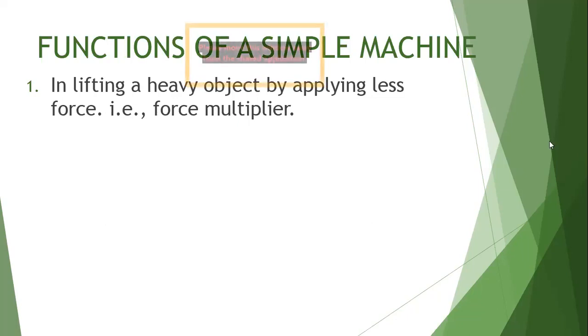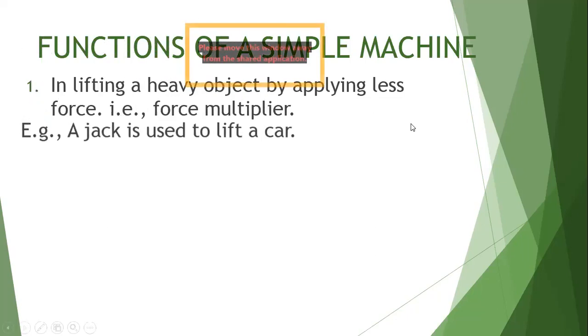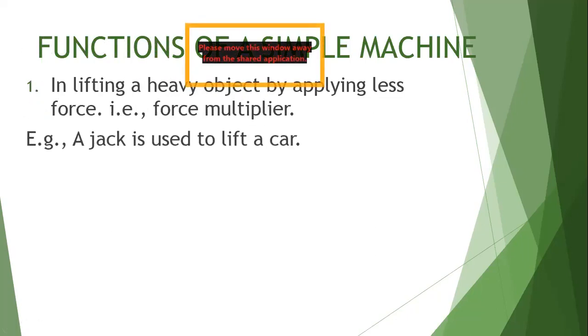Okay, so we use machine to actually have a force multiplier. Let me give a very simple example of force multiplier. Okay, a car, a jack is used to lift a car. You must have seen your dad, if he wants to replace a tire, then he use jack, and with the help of the jack he lifts the car and then he replaces the tire. Now approximately you will find that it's highly impossible for any one of us to lift a car. Can we lift a car? No, it's not easy. It's highly impossible for the strongest person as well to lift a car.